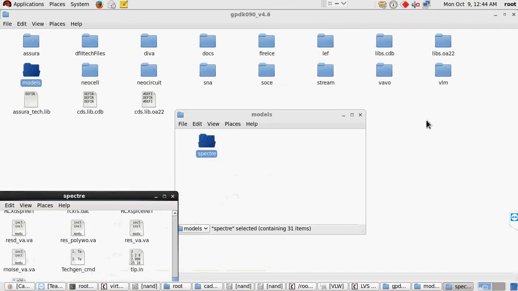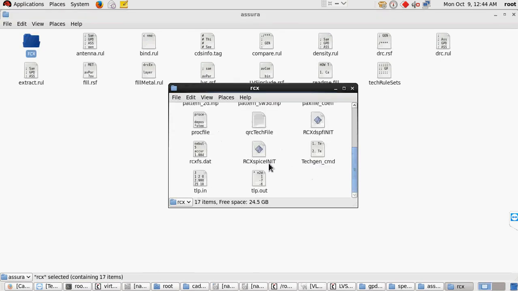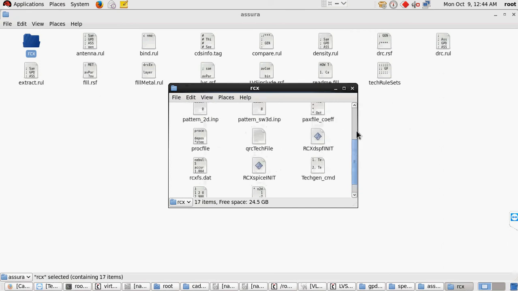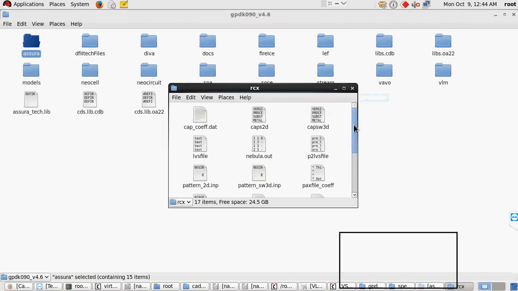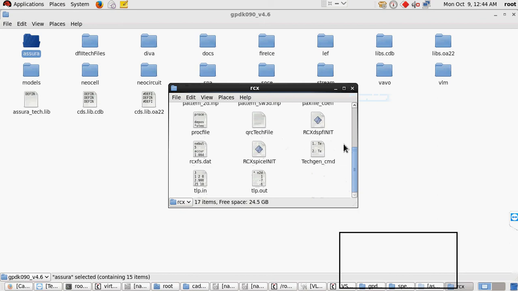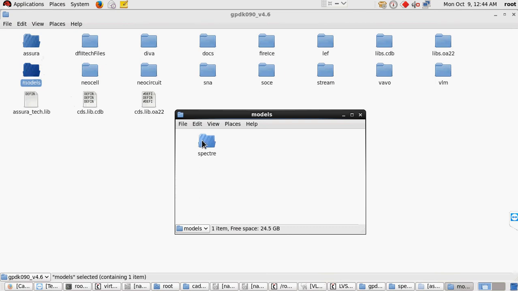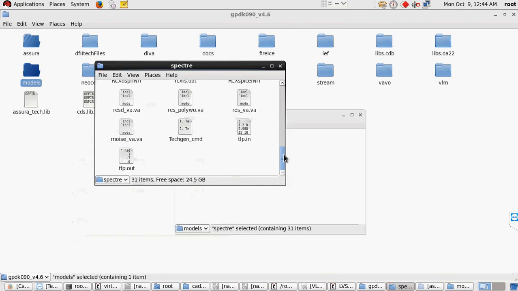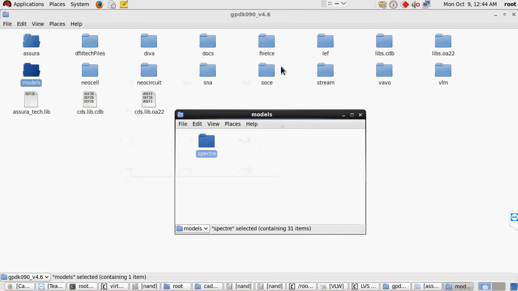When we want to compare the file, it automatically shows here. The file I copied for RCX is this one, RCX spice int, and this file, otherwise it shows a DRC error. So where is this file? This one file belongs to this file. So this file is required for RCX extraction, otherwise it always shows an error in